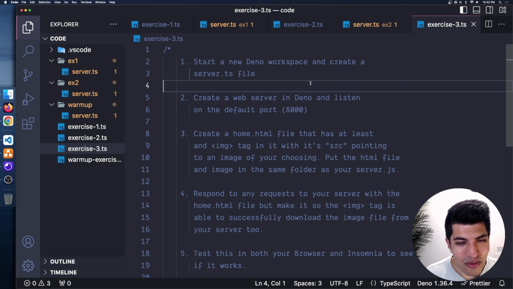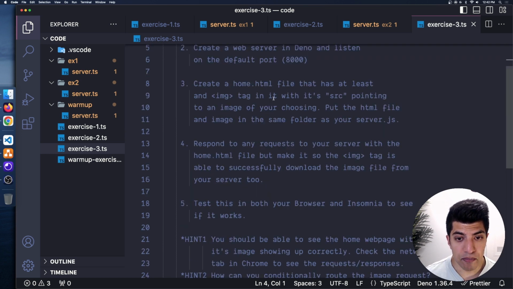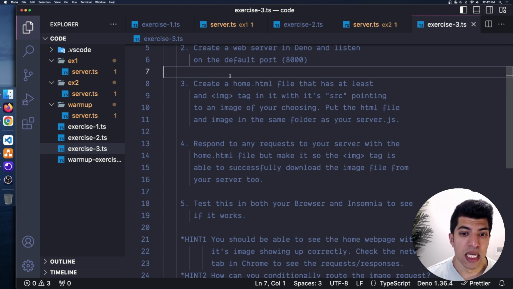So for this exercise, what we're going to do is create a new Deno workspace as usual and create a server.ts file in it. And then create a web server like before, listen on the default port 8000. So that part's all the same. What I want you to do though is, in that folder that you create, or just in the same directory or folder as your server file, I want you to create